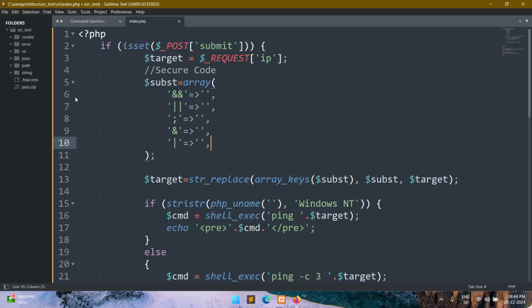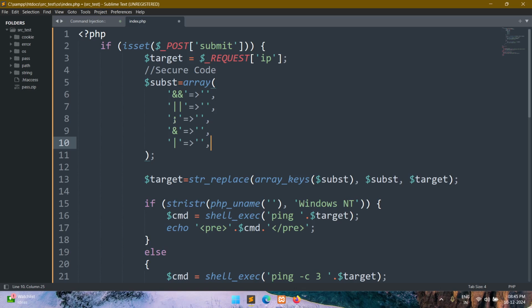And the same thing you can use in any other vulnerabilities, or not only vulnerabilities, you can use it for any other weakness also. At the code level you can use it anywhere you don't want to allow some characters. Because see, ampersand, pipeline, semicolon, these are not part of any user input. If we are a developer, or if a website is asking you for an IP, an IP never starts with an ampersand, pipeline, semicolon and so on. So in that case we can block all these characters,